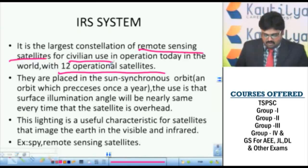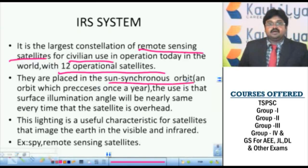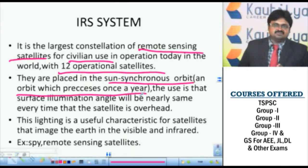Now they are placed in a sun synchronous orbit. Now what do you mean by sun synchronous orbit? It is an orbit which precesses once a year. Normally the orbit will not actually precess; it will be a stable orbit. But this sun synchronous orbit would be precessing once every year. Because of this precessional motion, you find that the